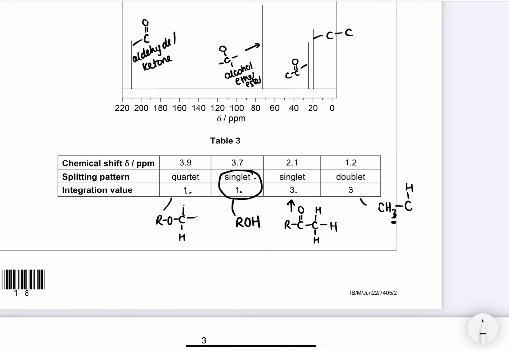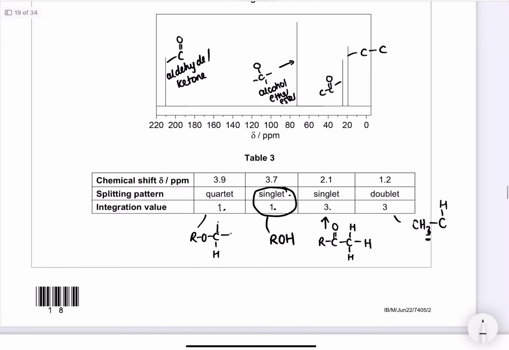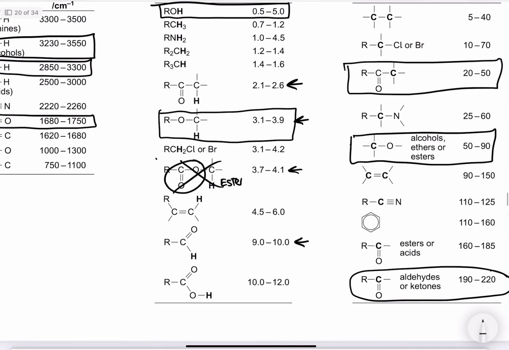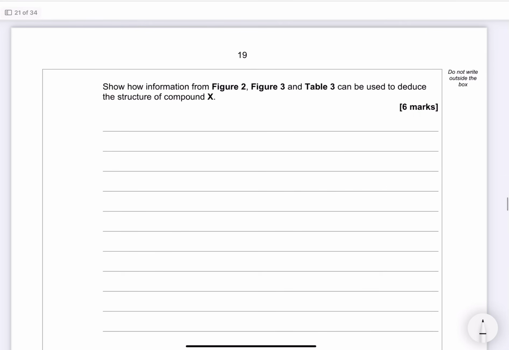And we've got a lot of information here. What we need to do now is, this is level of responses, we need to write down what we're deducing from everything to try and score some of our marks. So the first thing we're going to do is look at that infrared again. So we had an absorption